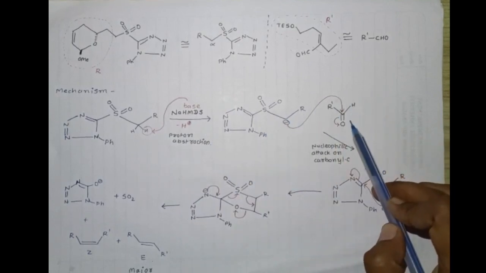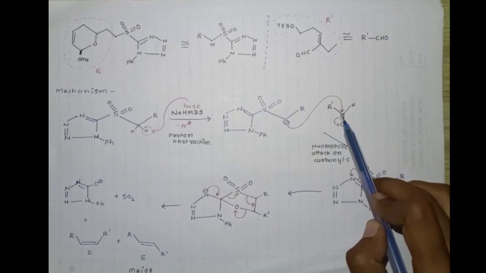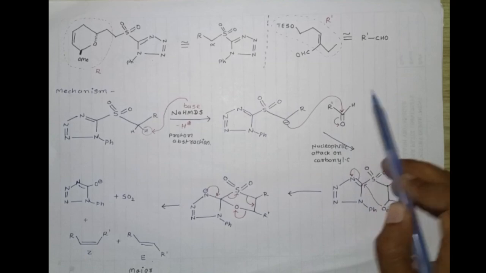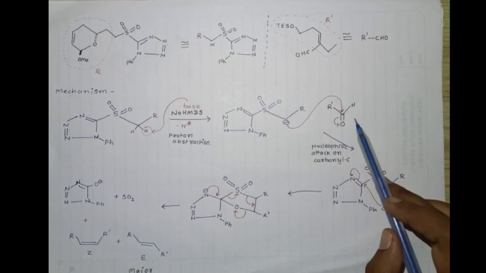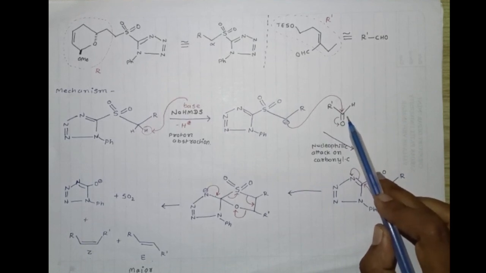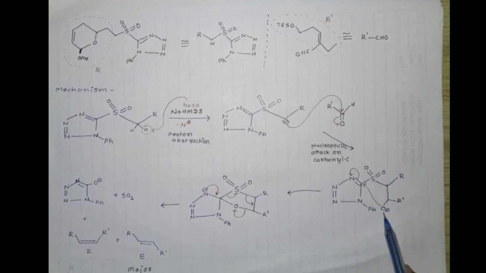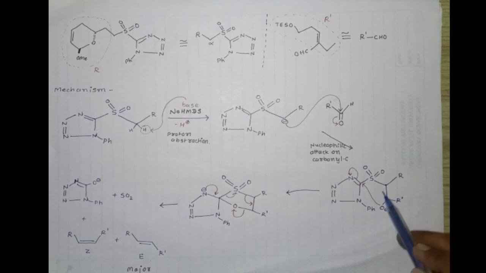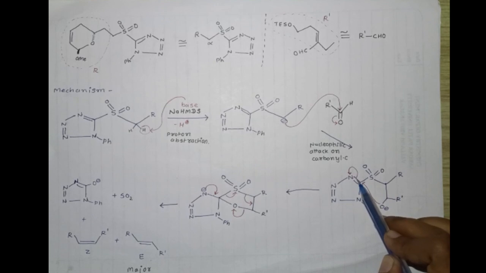Now our carbonyl compound will come to the scene here. Now oxygen will withdraw this pi bond electron here, and this carbonyl carbon becomes electrophile. Now this carbanion will behave as a nucleophile and attack on the carbonyl carbon. So in this second step we got this oxy anion. So oxy anion will attack on this carbon, nitrogen here will withdraw the pi bond here.